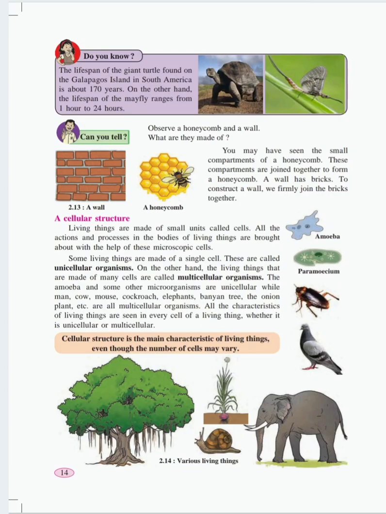Unicellular means an organism which is of only one single cell. Amoeba is of only a single cell, so it is called a unicellular organism. We human beings and other animals are of many cells, so they are called multicellular organisms. Man, cow, mouse, cockroaches, elephants, banyan tree, the onion plants, etc. all these are multicellular organisms. All the characteristics of living things are seen in every cell of a living thing, whether it is unicellular or